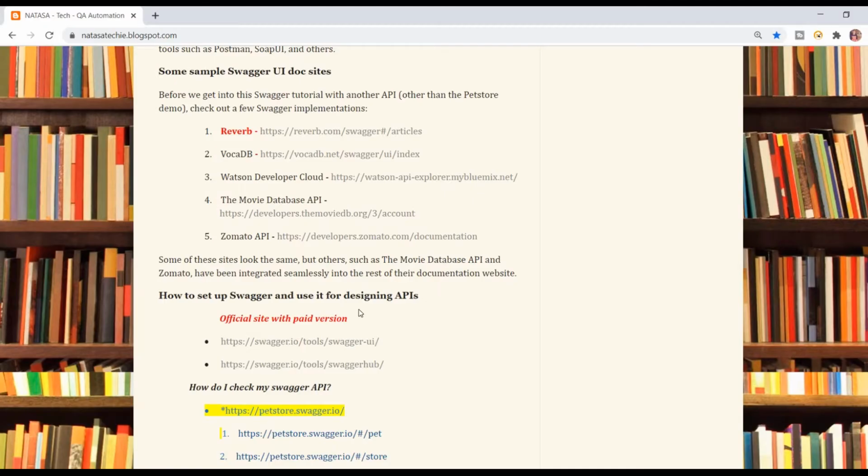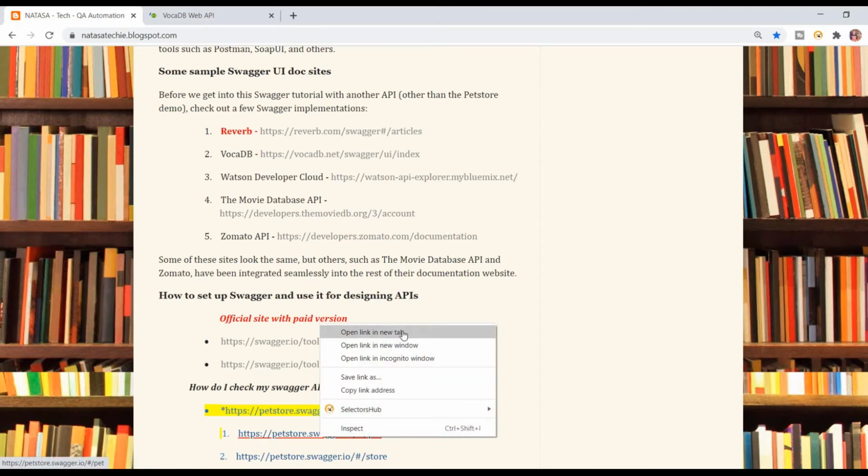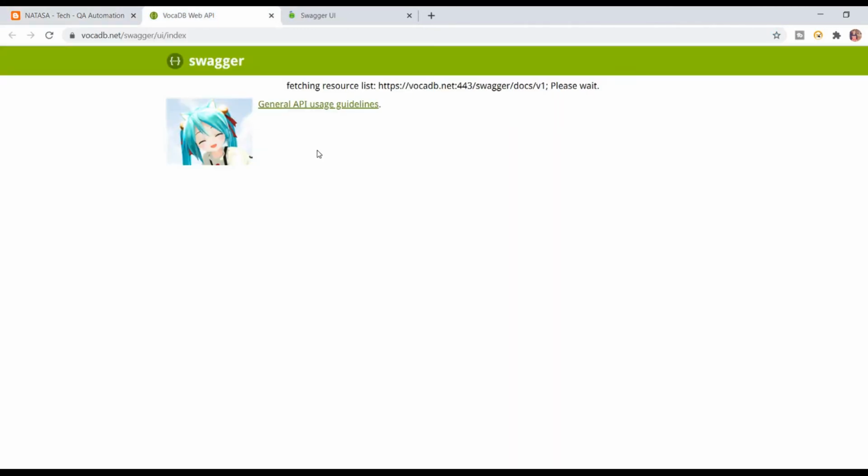Okay, in my blog I already mentioned which Swagger UI is available. I'm going to open this one. This is the open source API which I already told you about in my previous video. Okay, you just go through it. It's taking a few seconds. And again I'm going to open another Swagger UI, which is the pet store. I'm going to open this one. I'm going to show you how we can get details using the GET method.